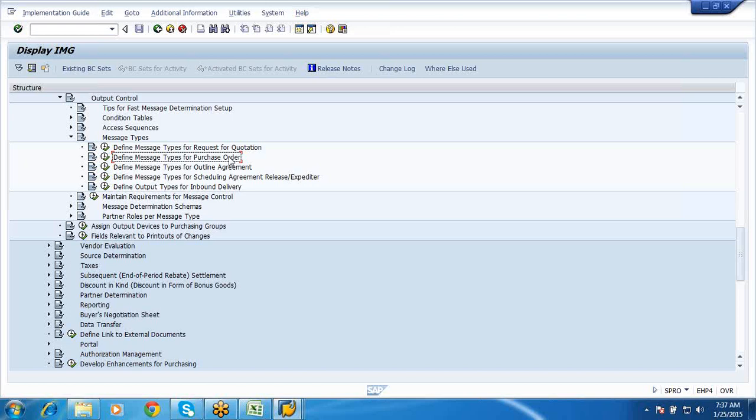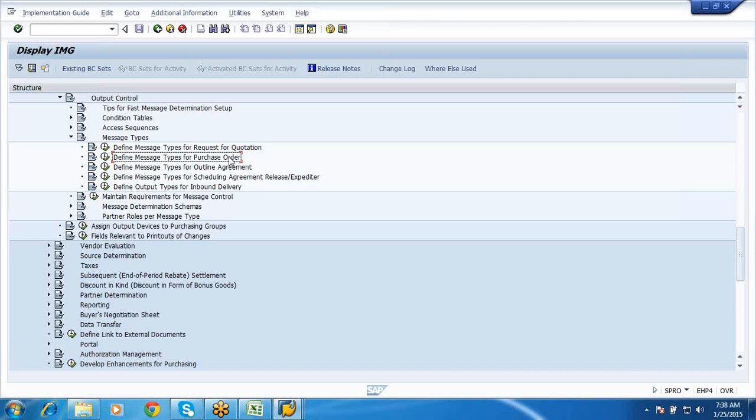See, SAP is so vast, everything you cannot know. Even till date, I have also not worked on IDocs. I can say that ABAP used to take care of this, right? See, if they ask, have you worked on IDocs, then say no, I have not worked on IDocs. And you can say that I have worked on external send, I have worked on the message types, and that is where the business used to send the POs to the vendors. You can say that.